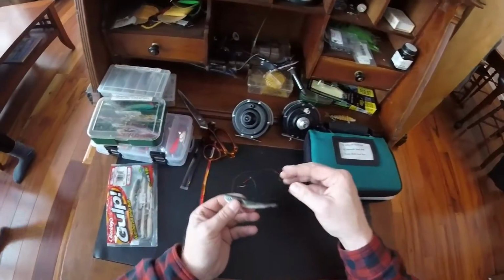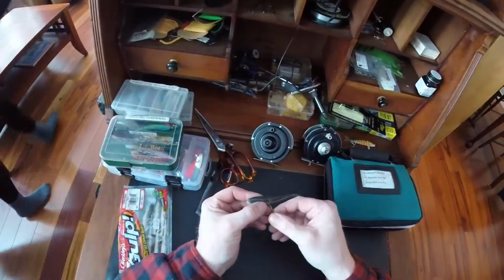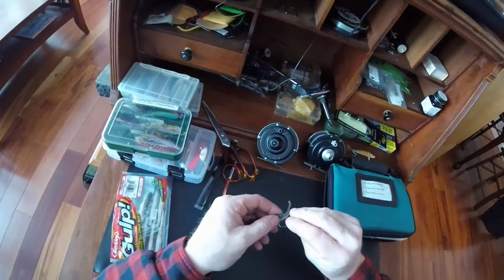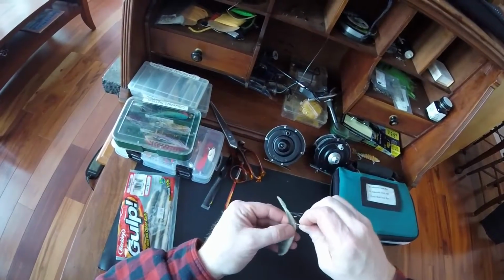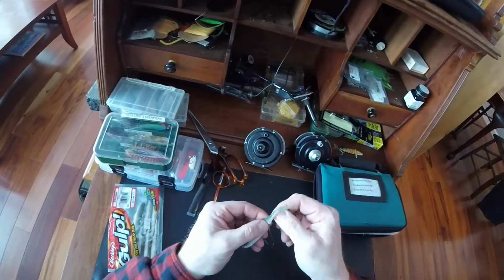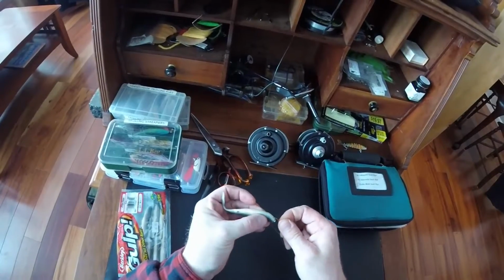So here's a gulp minnow, and I do run these. These work really well if I either run out of bait or don't have time to get bait. So essentially you take the rear hook, put it in backwards, the back towards the tail of the fish, run it out that way, bury that in there,